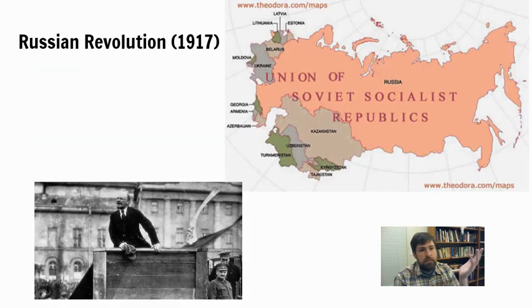So in 1917, Tsar Nicholas II was deposed, and there was a fairly weak government that took control of Russia in February of that year. But by the fall, that government fell, and the Bolsheviks, led by Vladimir Lenin, pictured here, rose to power and took over Russia, instituting a communist government.